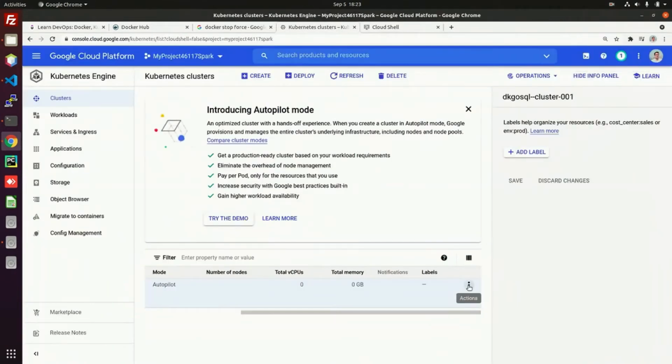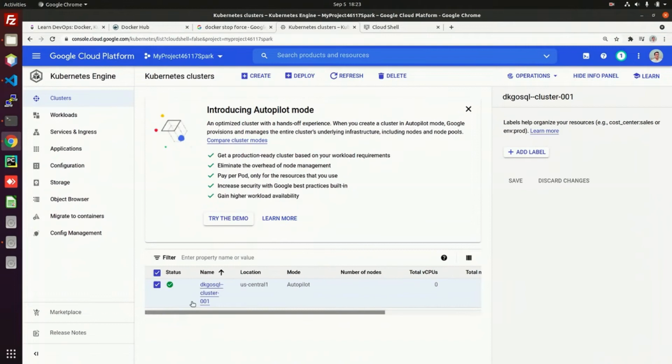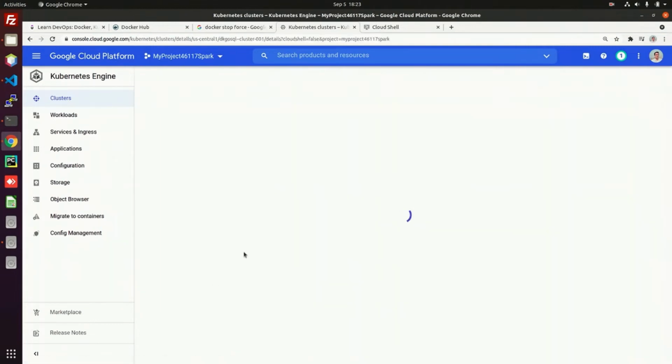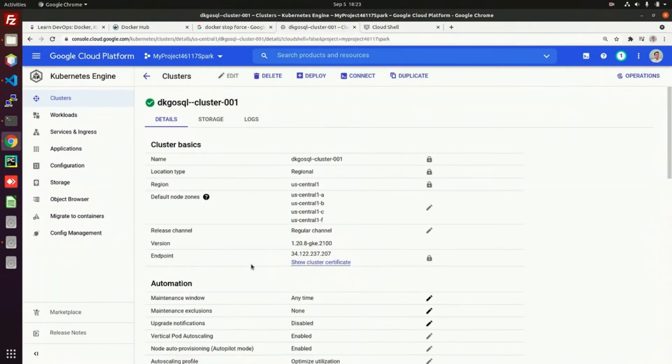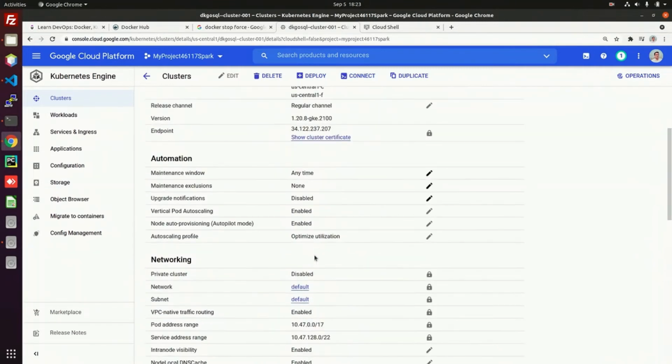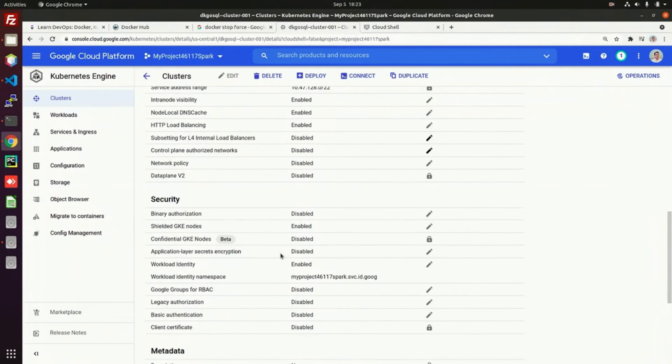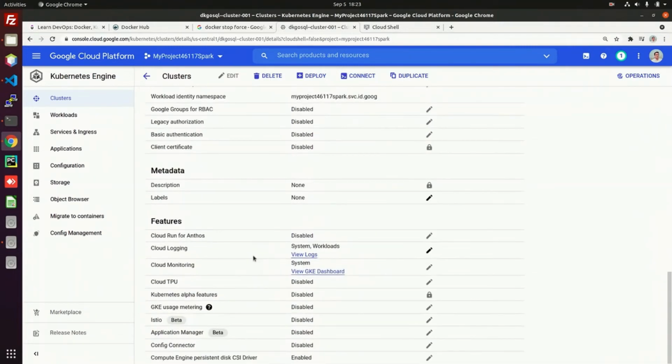So see here, now the cluster is ready. So you can see here all details about the cluster and endpoints and IPs.